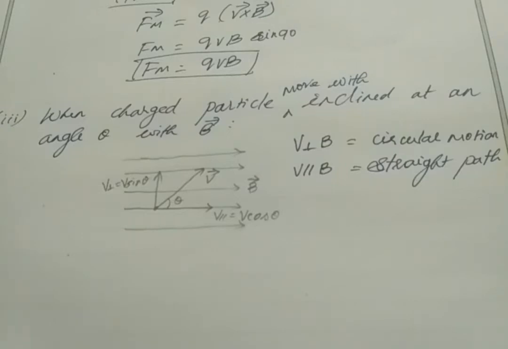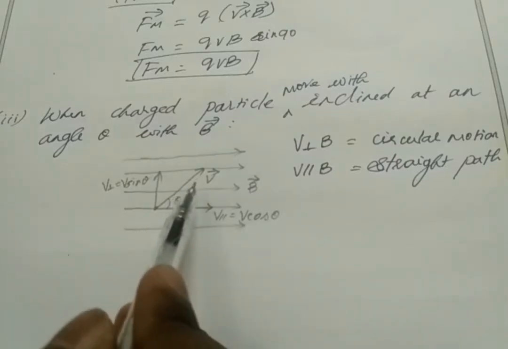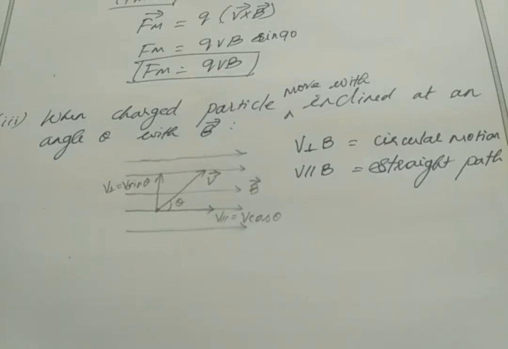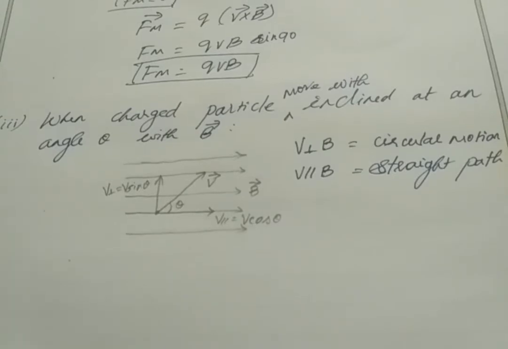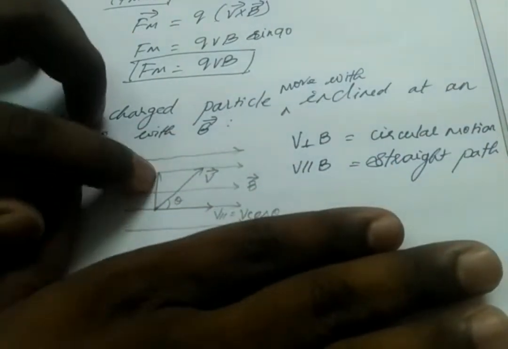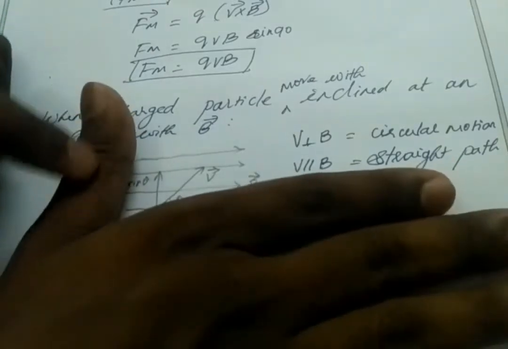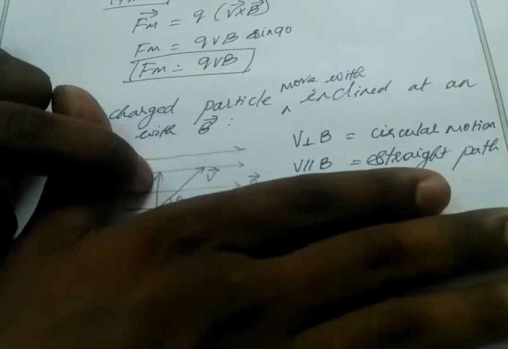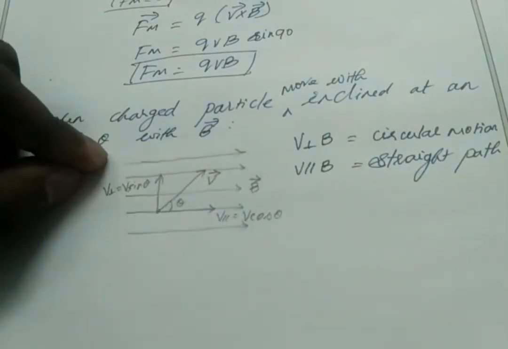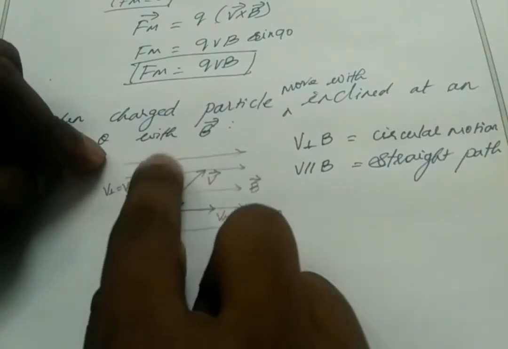So if our velocity is moving at an angle, then what will happen? So listen, by using the right hand palm rule, we should find the motion of the charged particle. Okay, if this is the magnetic field, my four fingers are in the direction of the magnetic field. If I take this perpendicular component, then my thumb is in the direction of the perpendicular moving charge V. Okay, so then what will happen? My palm goes inside. So inside means it forms a circle on this plane, where it forms a circle on the YZ plane. If you take this as the Z axis and this as Y, then it forms a circle on the YZ plane.